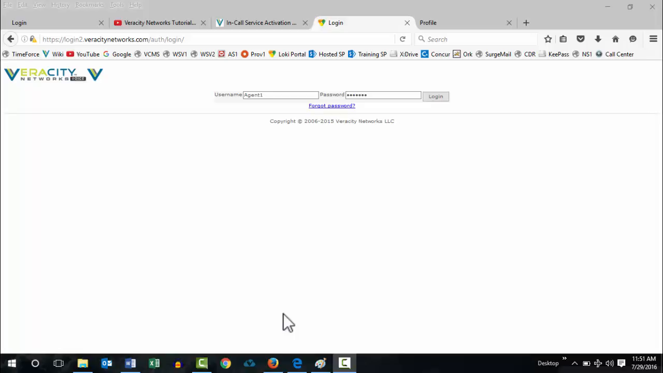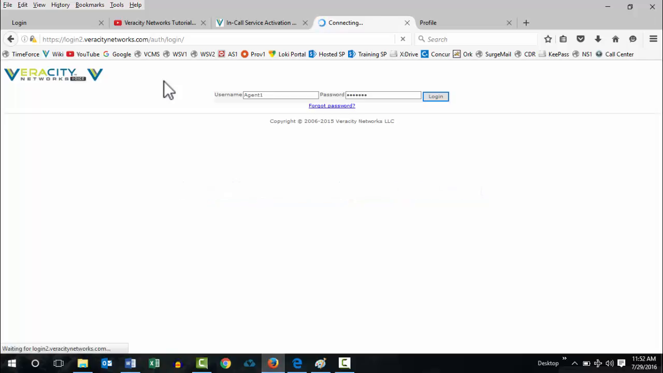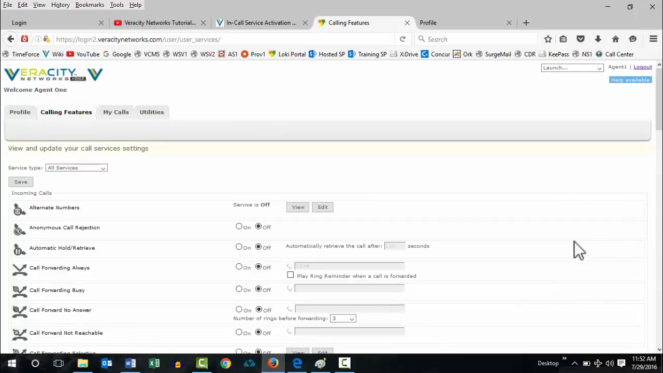This tutorial will show you how to set up a schedule in the Veracity Networks phone system. We'll start by logging in as an agent, but then we'll also go in as a system administrator, because individual agents can do their own personal schedule here at login.veracitynetworks.com. And then system administrators can do group schedules for everybody, or they can log in and set up personal